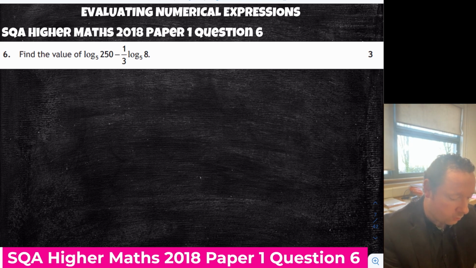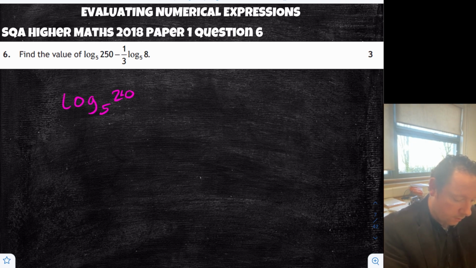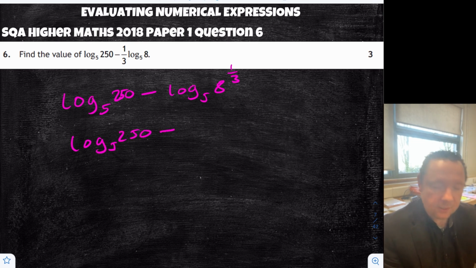Find the value of log 5 250 minus a third of log 5 8. So we're going to combine these. So we'll keep the log 5 250 hanging out for a minute, but we can say minus log 5, 8 to the power of a third, because you can take coefficients up as a power. We'll work out that 8 to the power of a third then, so that's log 5 250 minus, remember, to the power of a third is the cube root, so it's log